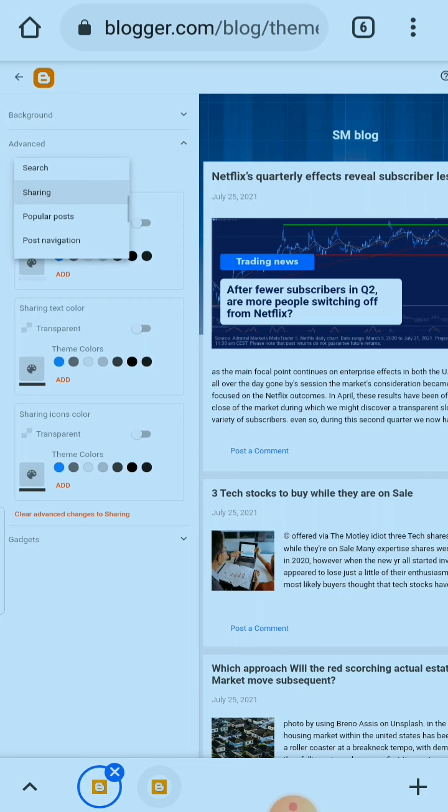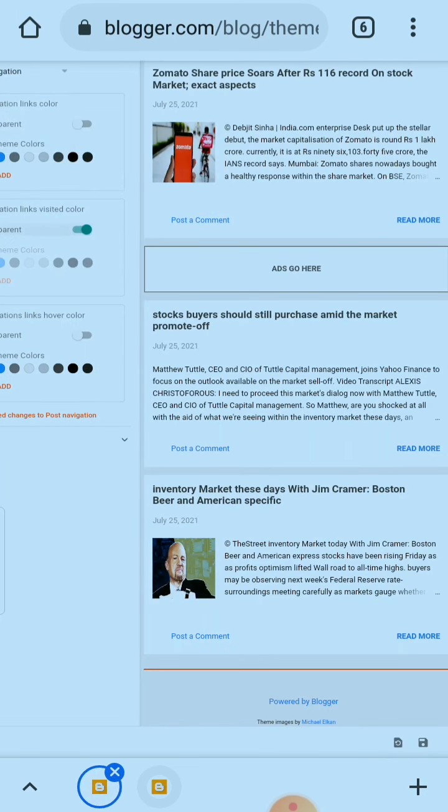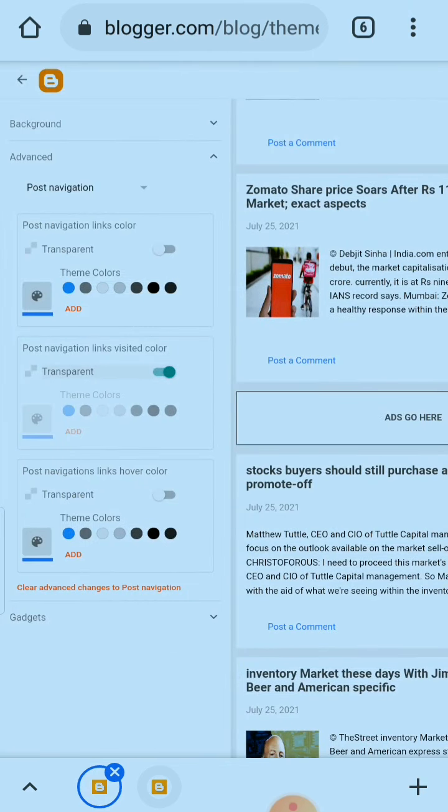It's okay. Popular. So guys, whatever you see by default is suitable to your theme, but if you want needed changes, then you can do. Post navigation links color, widget links color, links hover color. It's okay.